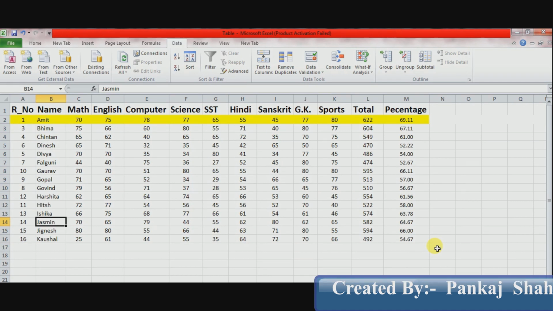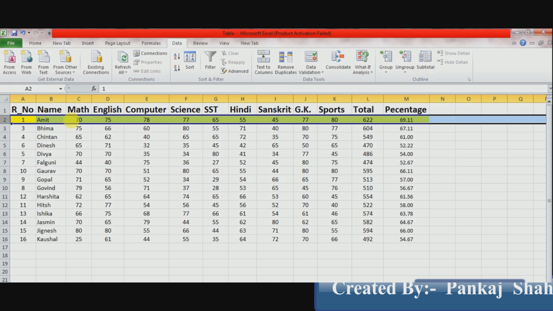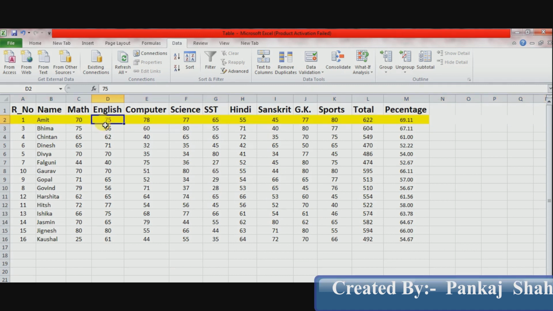So you can see now my full table is displayed in ascending order name wise, and you can see Amit's full record shifted with Amit's name. That means the record is shifted as per ascending or descending order with its particular data. So it's a simple method of sorting data.